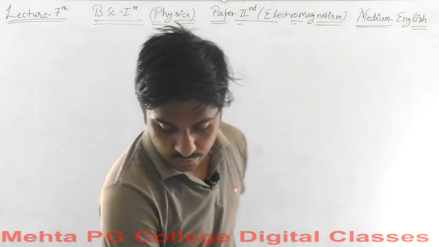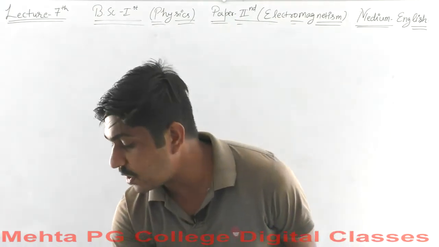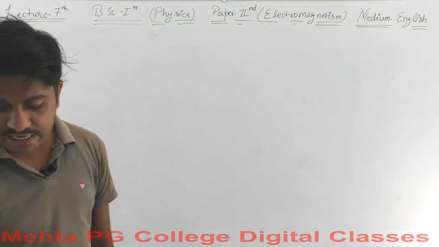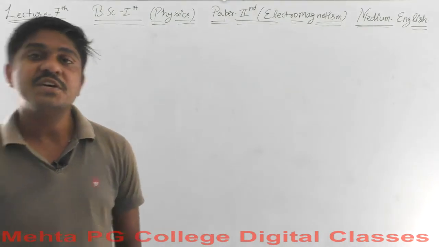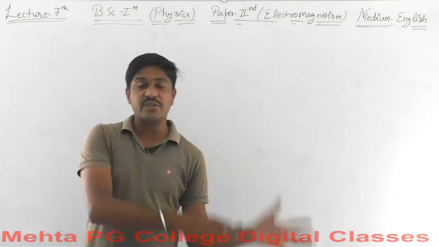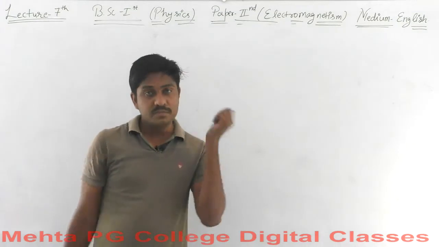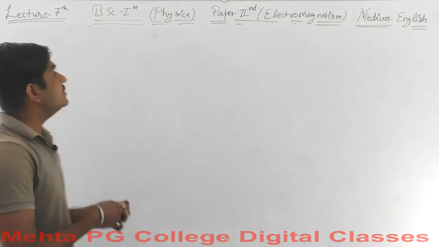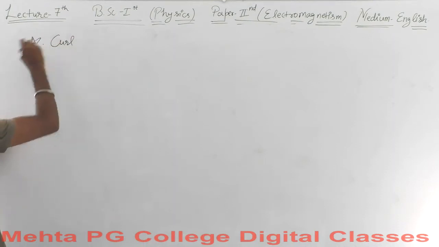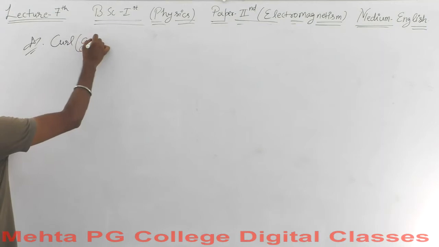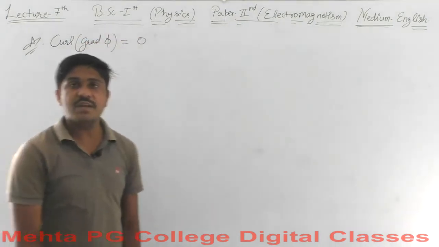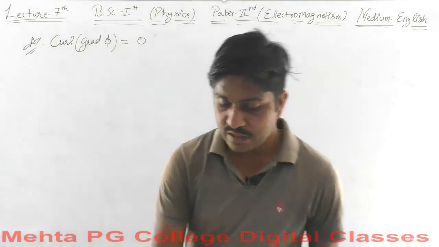Okay, we got some vector identities over here. So let's see what kind of vector identities we have. First of all, the vector identity we have is the curl of the gradient of a function will be 0. Let's find out. This is our vector identity, saying the curl of the gradient of any function will be 0, where phi is a scalar function.